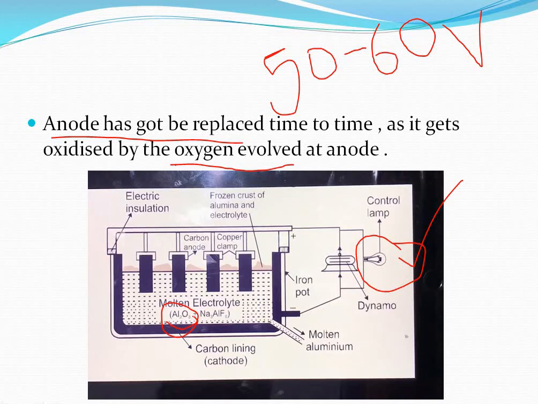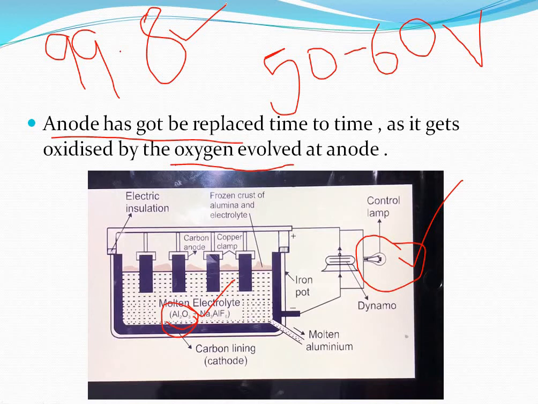So we come to know that there is a decrease of alumina, so we need to add more alumina to the reaction. So we are adding more alumina to the reaction now. Okay, so after this extraction of aluminium, we are getting a very pure product, that is 99.8% pure. Understand this thing, that it is a very pure aluminium metal you are getting.